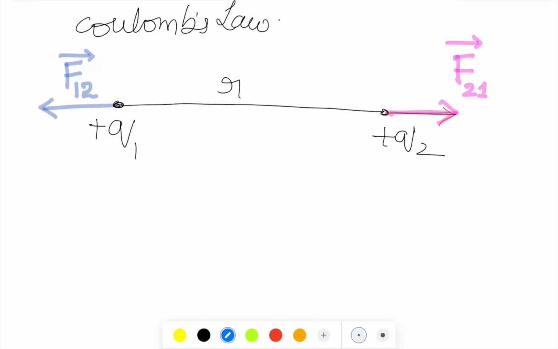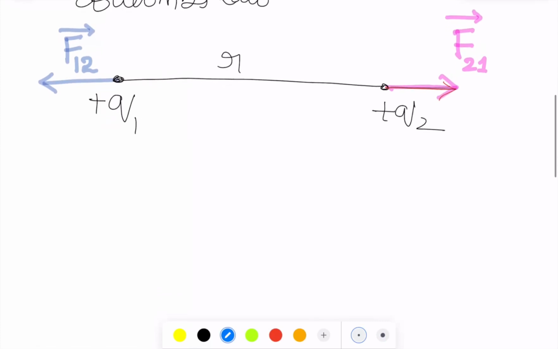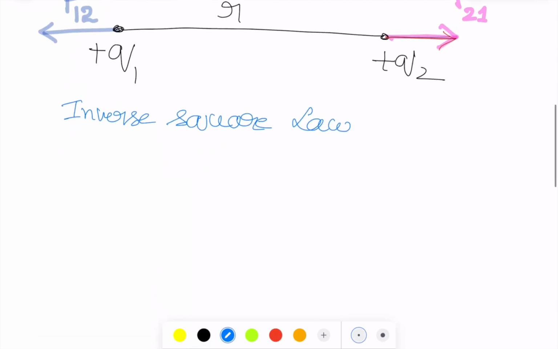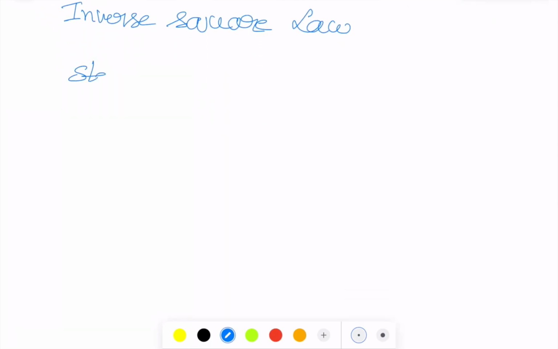This Coulomb's law is also called the inverse square law. What is the statement of this? Coulomb's law states that the force of attraction or repulsion